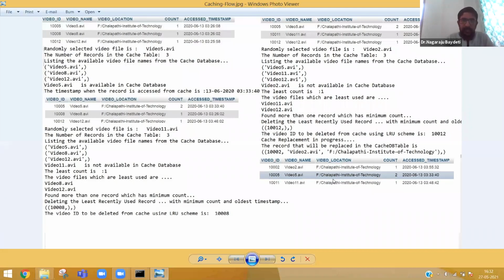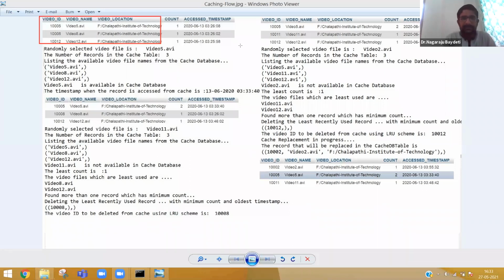Now, everybody, please try to understand. Instead of telling you the theory, I am going to show you a screenshot of a program implemented last year, and I am going to implement it again in front of you. Imagine there are 3 videos in the cache. Initially, the cache will be empty, so the first 3 requests will go into the cache as they are.